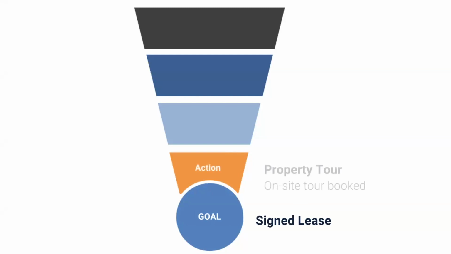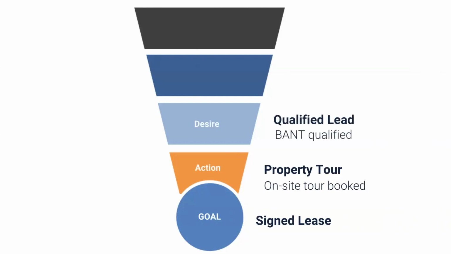But before you can get to leases, you have to consider the steps the prospect has to go through. And one step above a signed lease is usually, aside from an application, a property tour. But before a prospect is ever going to take a tour, they have to be qualified by a leasing agent, usually. Usually your leasing agent is not going to give a tour to just any Joe Blow who walks off the street. You can use any sort of qualification method. The typical one is just the BANT method. So do they have the budget for, say, my floor plans? Do they have the authority to move in? Do they have the need for my specific floor plans? And is the timeline appropriate? Are they looking to move in the next 2-3 months, or is their lease going to expire in a year,